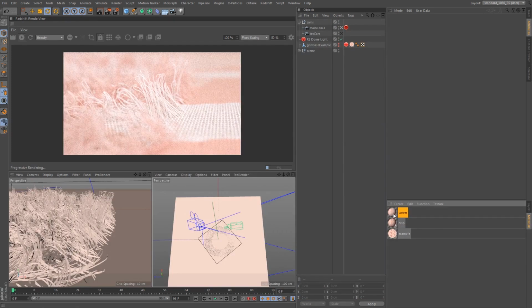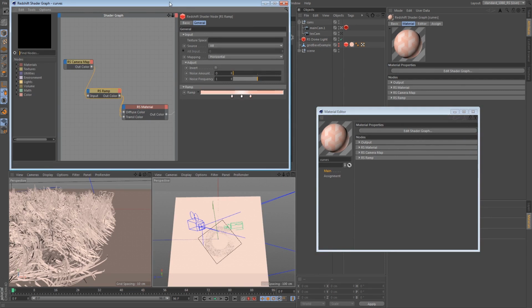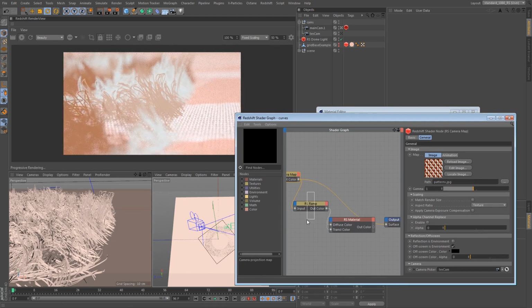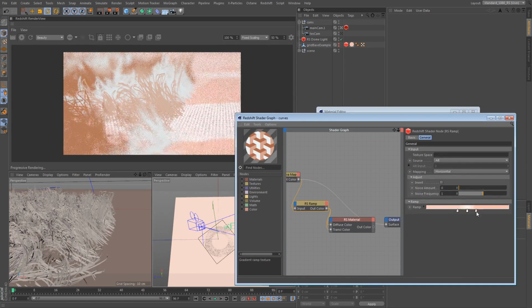A good example of this is a quick scene I made for some of the other sections. I have just a camera map, which is this image texture here, which if I just pipe it straight out, you'll see the original colors. And then I added a ramp in alt mode and just remapped these colors to these peach